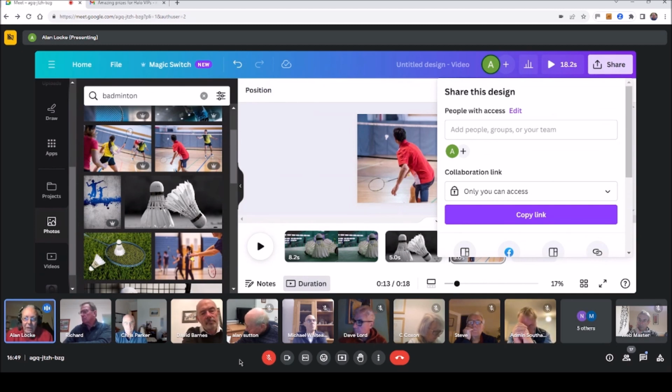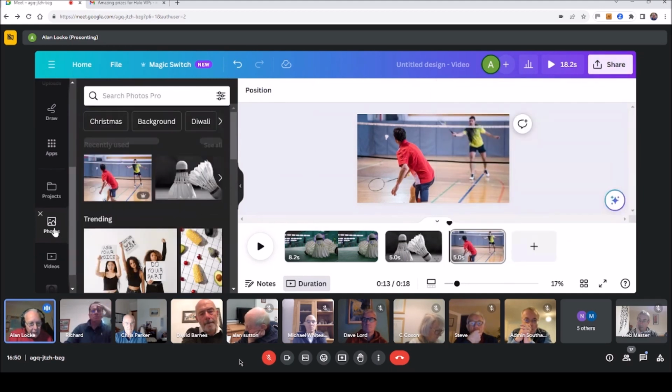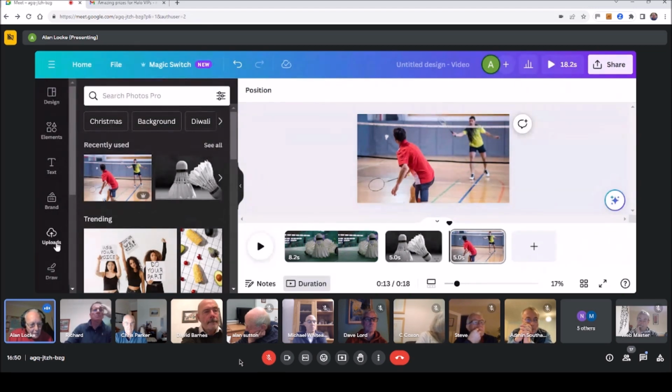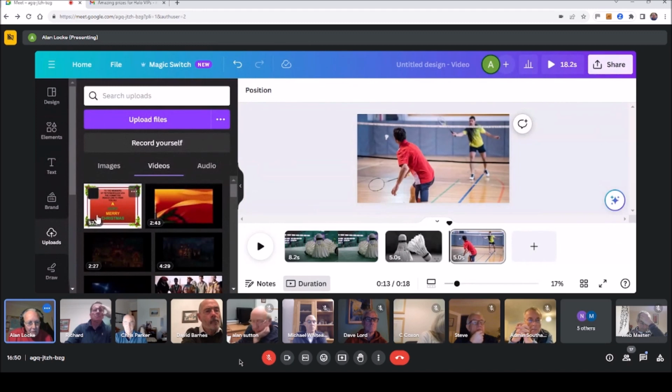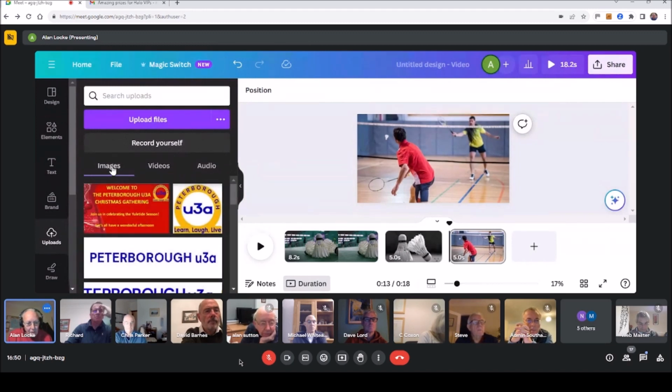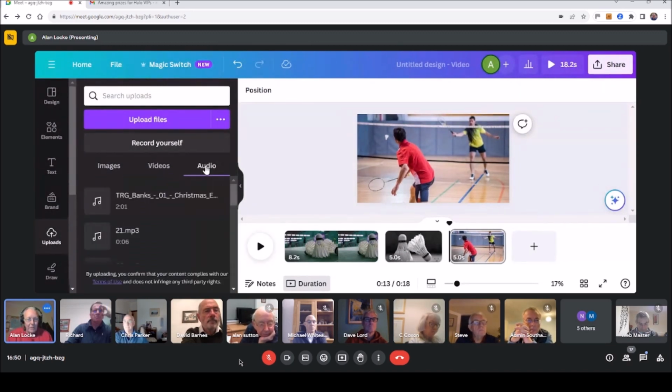The only other thing that I used was PaintShop Pro, but any picture editing software you can use to upload various pictures. That's via down there. No, it's not photos, you idiot. Where is it? Uploads. There we go. So you can upload images and you can upload audio. So literally that one that I showed you at the beginning was all done for free. Didn't cost a bean.